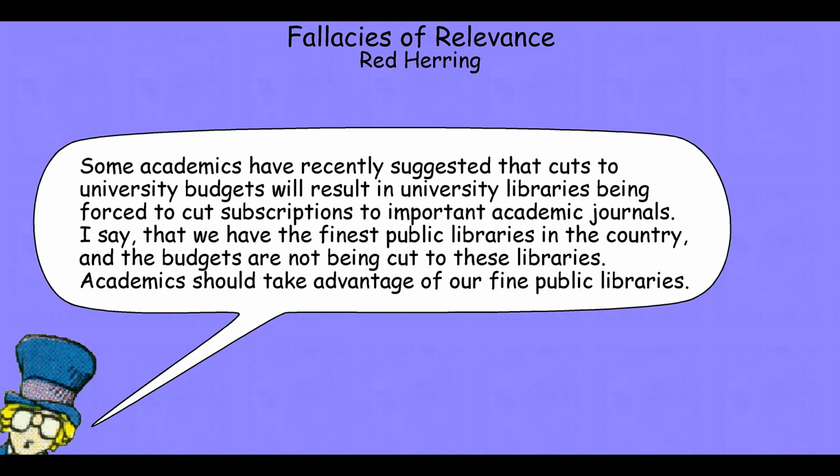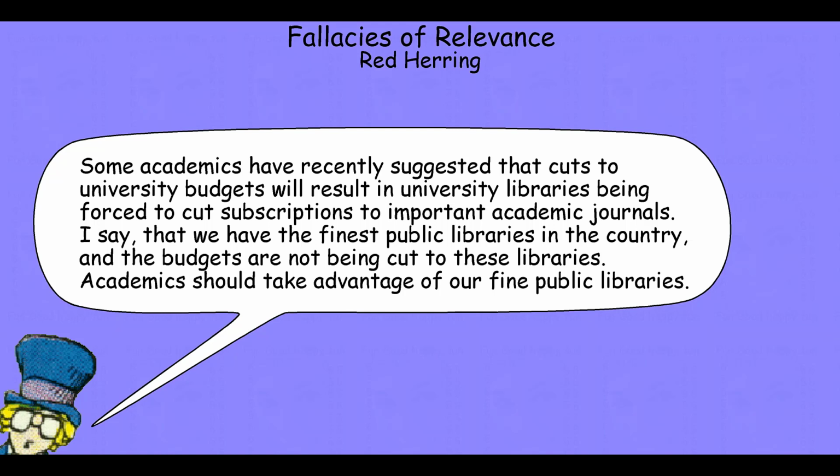Now, the governor knew full well that he had committed a fallacy of red herring. In talking about university libraries, he subtly switches the topic over to public libraries, acting as if public libraries and university libraries have the same funding streams and the same missions, but they don't. They have different funding streams and different missions. And so equating one to the other, suggesting one could stand in for the other, is in fact a fallacy